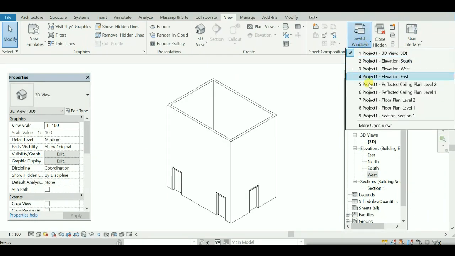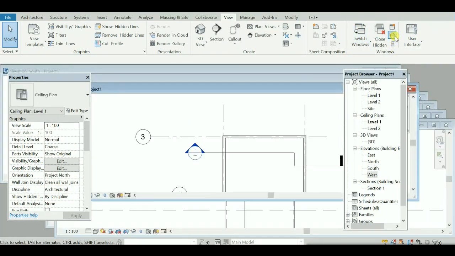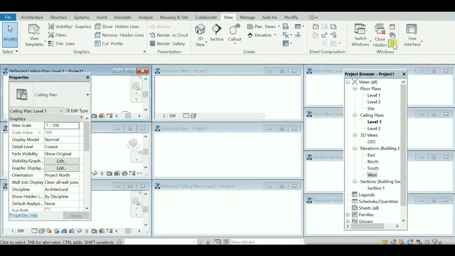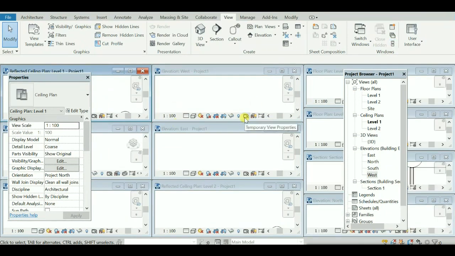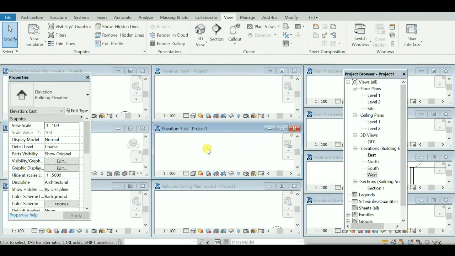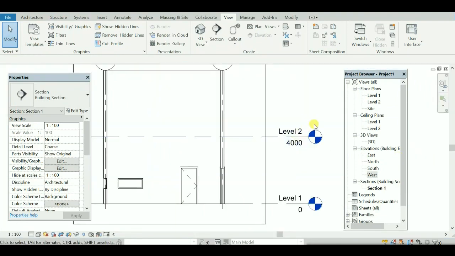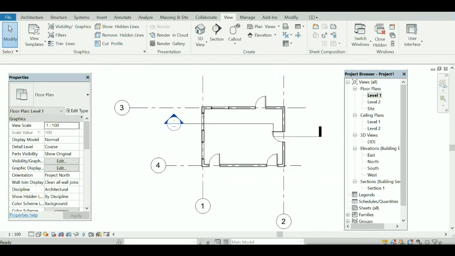You can directly switch the view, or you can create a cascade window. This option is called a cascade window, and then again you have to use this tile window option to properly arrange these viewports. So from here you can understand in Revit we can create multiple viewports and we can visualize the whole structure, the complete structure.